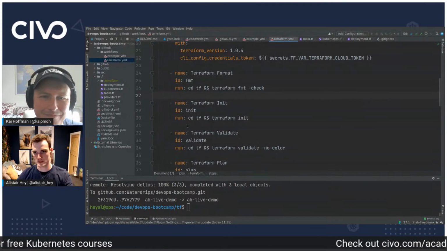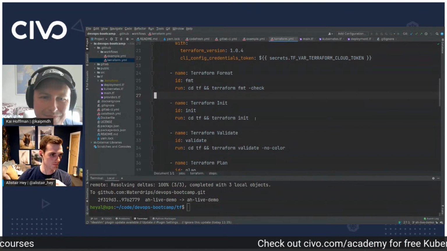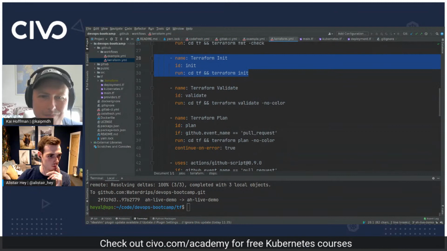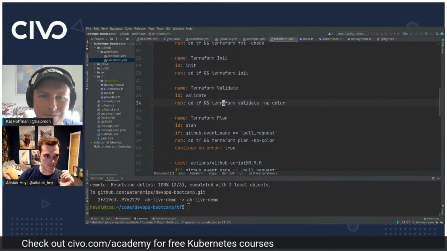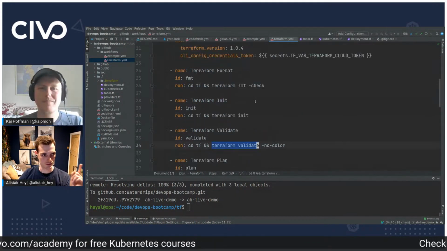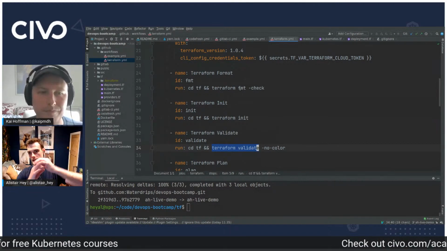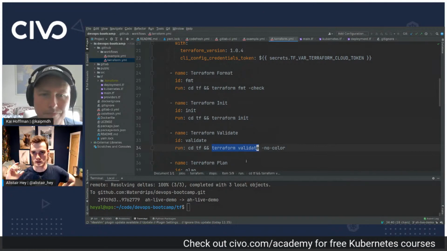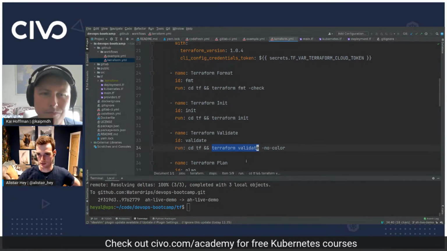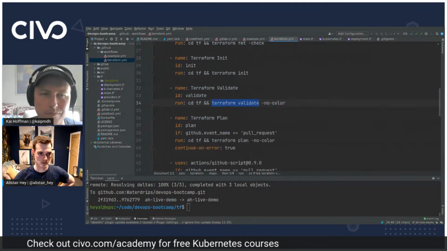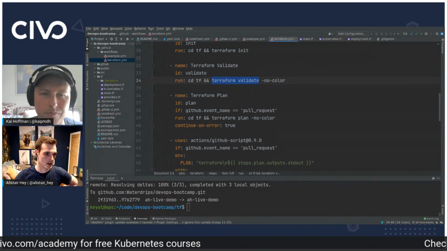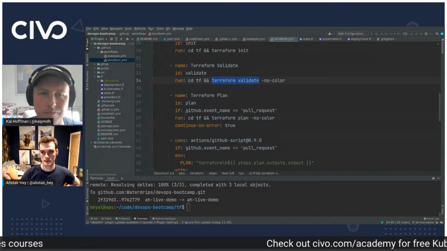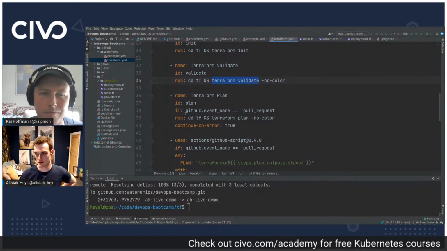We'll just run through the other steps now while we've got this open. We run Terraform init, which is just something you've got to do in Terraform. We validate our Terraform configuration, which is different to linting it. Linting is about, does it have the right number of spaces and is it formatted correctly? Whereas validating is going to go and check. It's doing a bit more of an intrusive check that I've not done anything stupid. And then we run Terraform plan, which will hopefully tell us that we've tried to increase the number of nodes